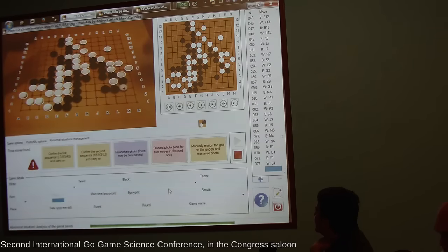The program sees 3 new stones. So it proposes to the user the choice of the 2 probable sequences of these 3 stones. So the first one may be the black stone in L3, or the first one may be the black stone in A5. With 3 stones, you have only 2 possible sequences. So the program